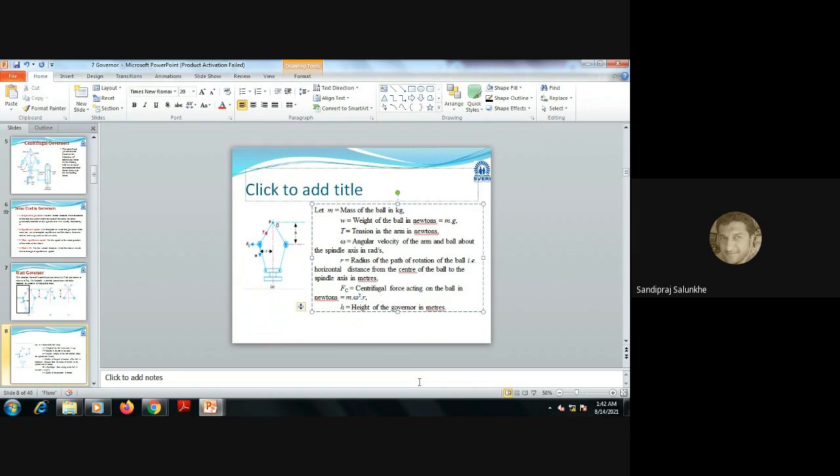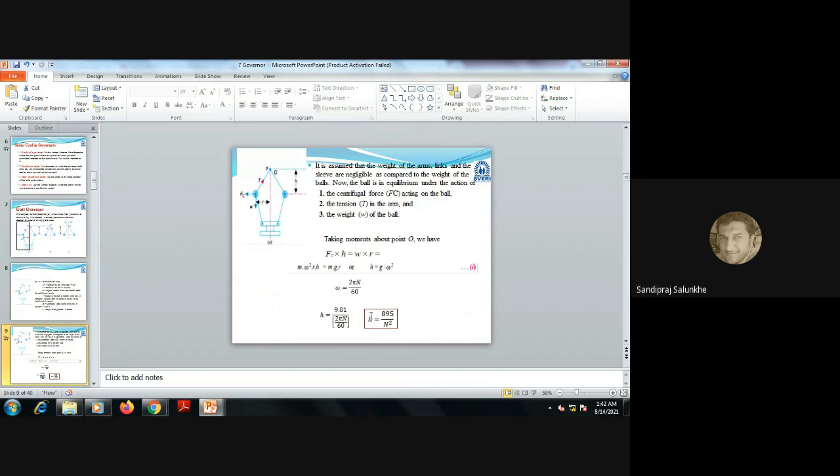Centrifugal force, and h is the height of governor. Then this controlling value h is given by